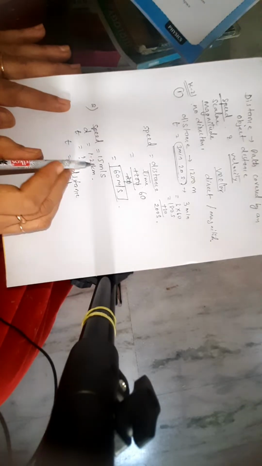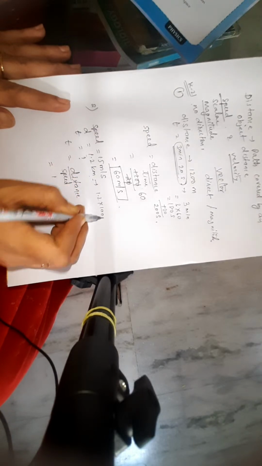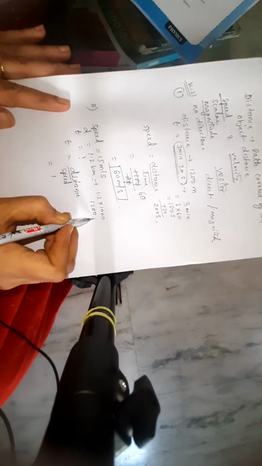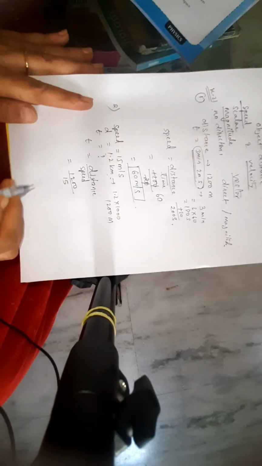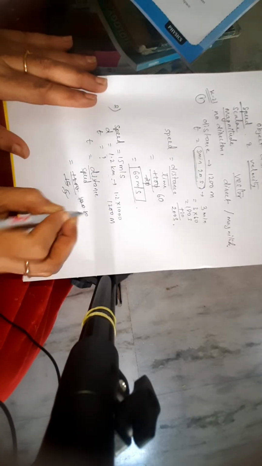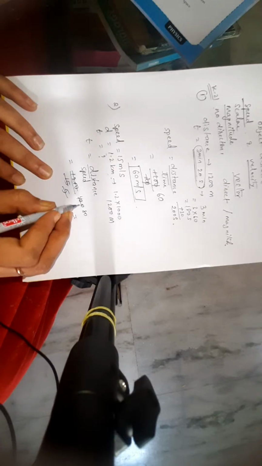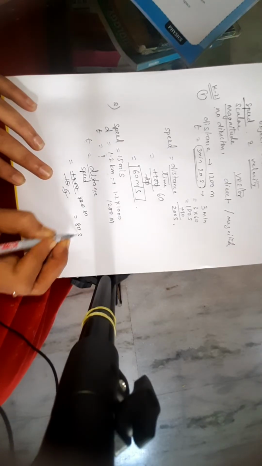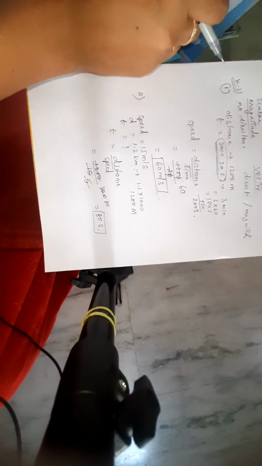Here distance is 1.2 kilometer, so let's convert it into meter. 1.2 multiplied by 1000, kilometer to meter we are converting. So it's 1200 meter. Distance is 1200, speed is 15. If we divide them, 3 5s are 15, 3 4s are 12, 0, 0, 4 8s are 32. So we got 80 seconds. Now the next question, a horse runs